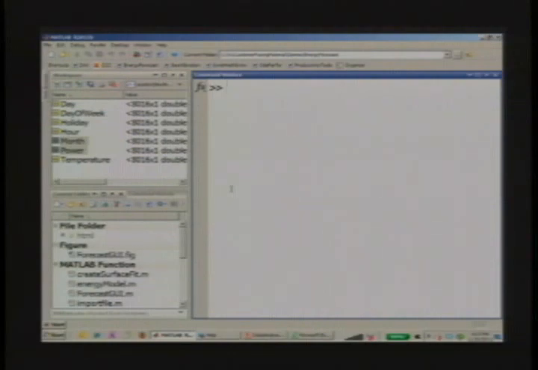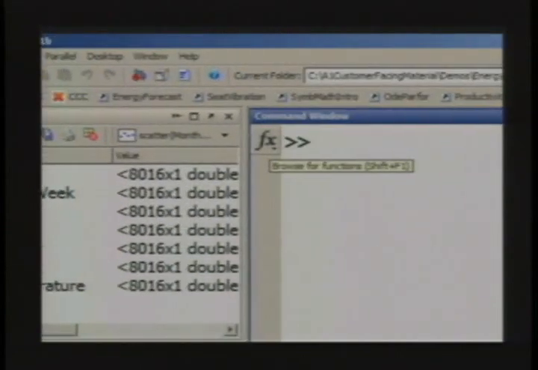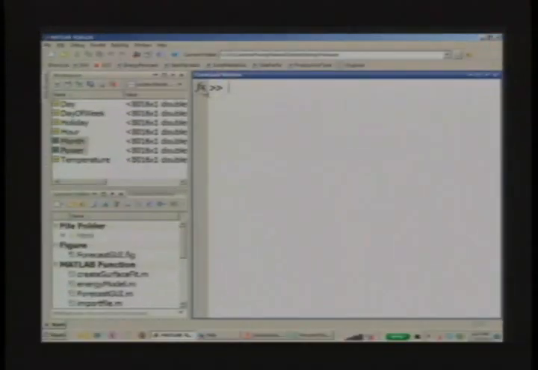So you had a question of polar plots. How do we create a polar plot? I don't know the function to create that. So what I can do is, in MATLAB, there's a tool called function browser. So this is the command prompt, and you can see this button here. It says browse for functions. Click on that,